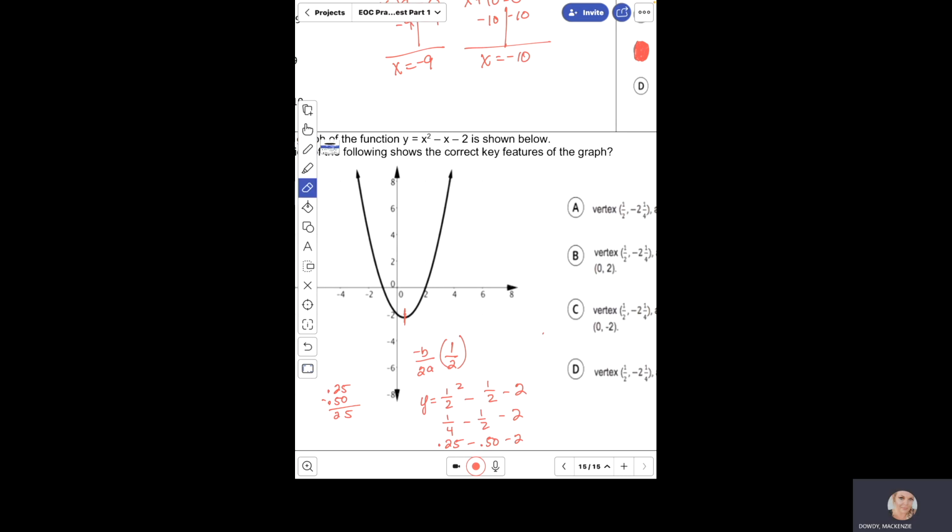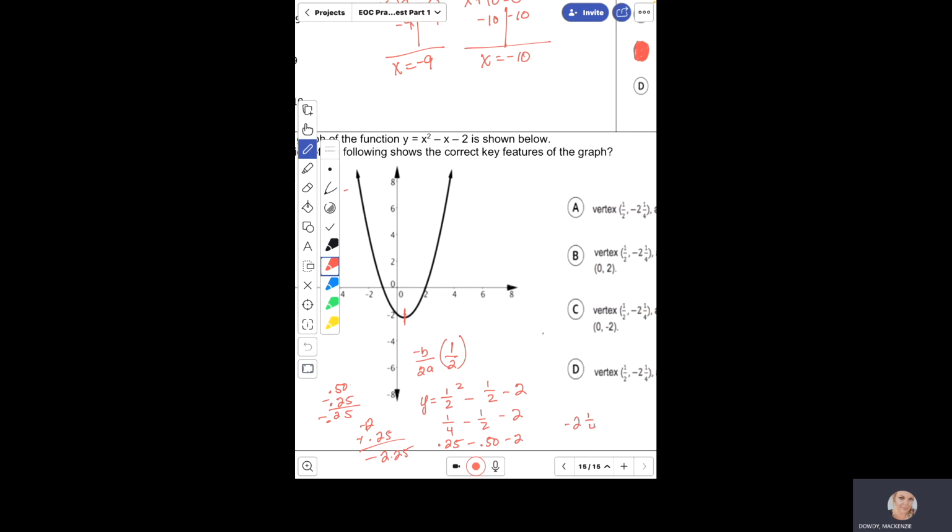Yeah, I wrote this backwards. See, you guys? I gotta sing my own song. Same signs add and keep. Different signs subtract. So 0.50 minus 0.25. Keep the sign of the larger number. You get negative 0.25. And then negative 0.25 minus 2. So that's 2 minus 0.25. And you'll get, no, now we have same signs. Same signs add and keep. Add and keep the sign. So negative 2.25, which in fractions, because these are all in fractions, is negative